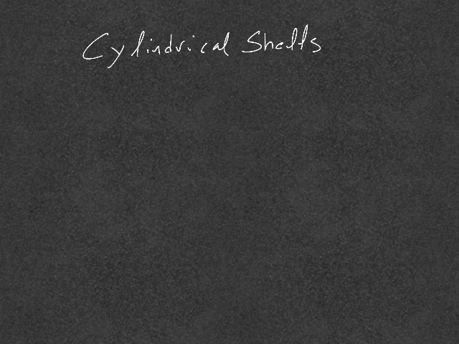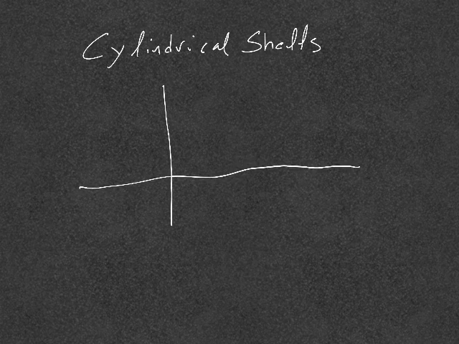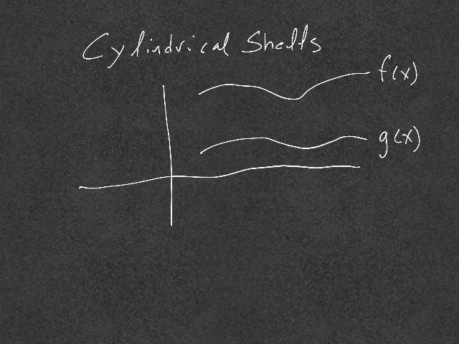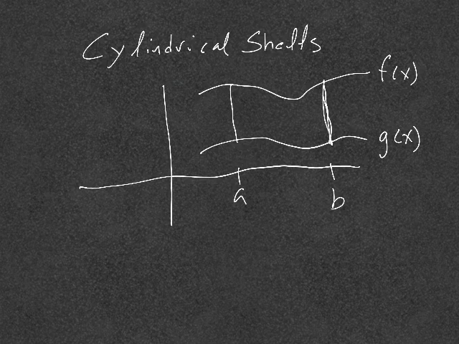Okay, so now let's talk about thinking about this differently. Let's think about it in terms of cylindrical shells. And so the way the setup usually is for cylindrical shells is if we have our functions f and g in terms of x, and again we have a and b, but the big difference now is for this region, instead of rotating around the x-axis, we're going to be rotating around the y-axis. And so this will give us